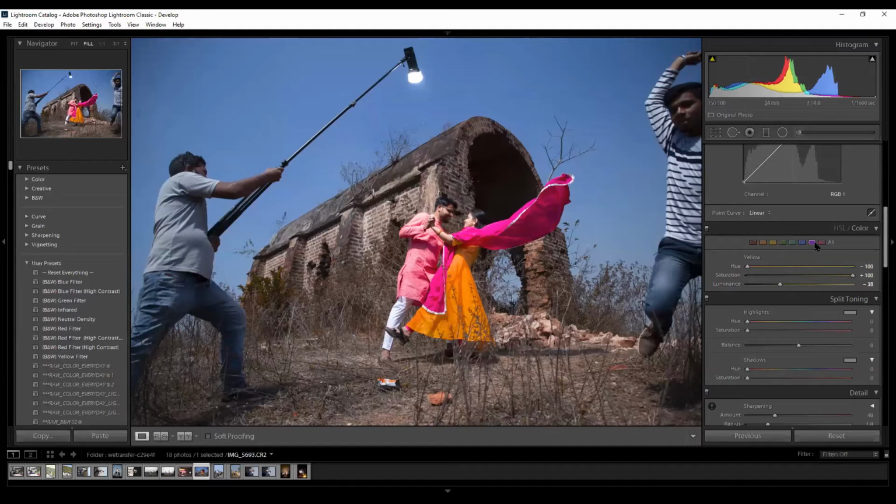Let's do the same with the magenta part. No, magenta isn't there. Let's see the magenta part. Yeah.